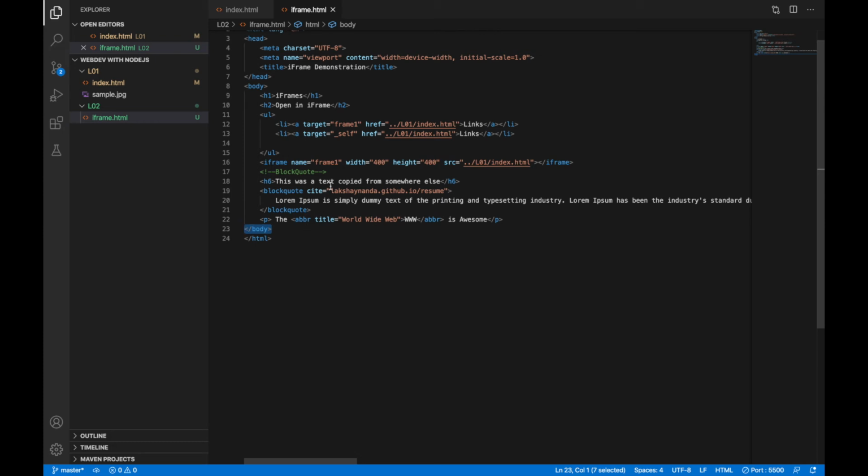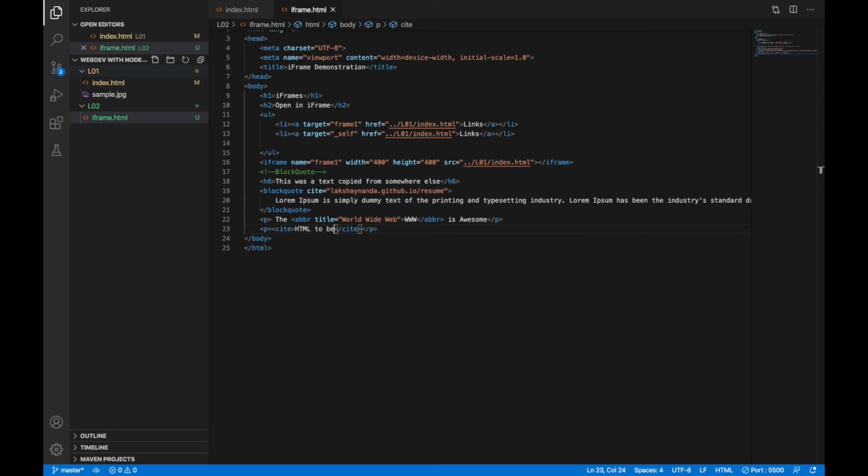Now, as we have used cite in this blockquote, there is a separate cite tag as well. HTML for beginners.